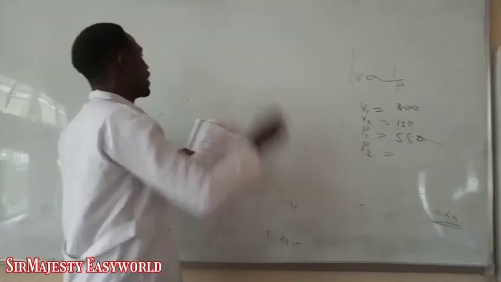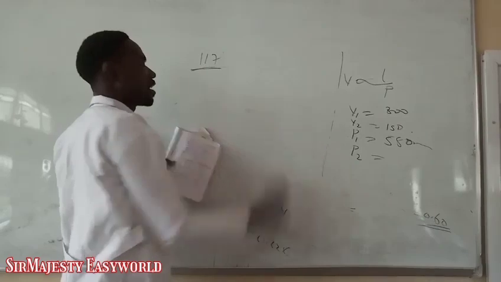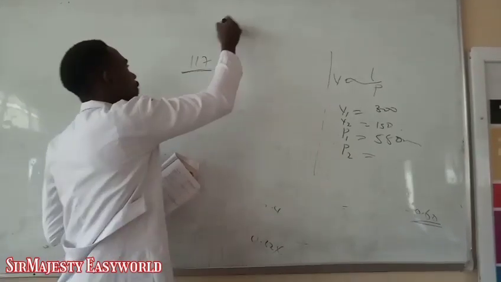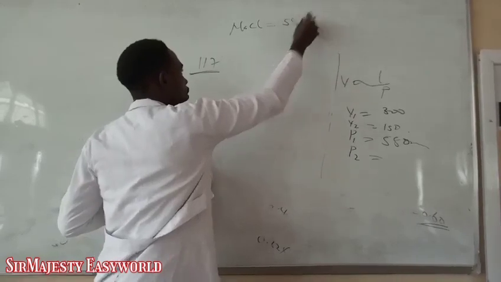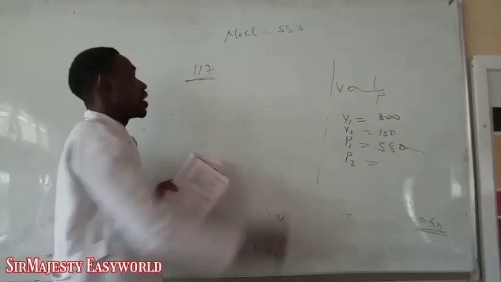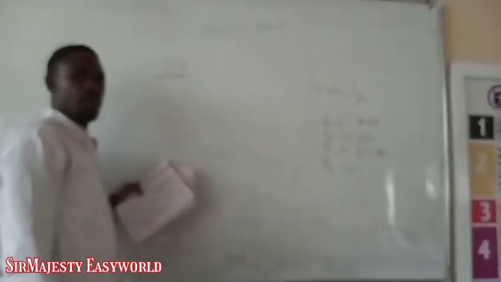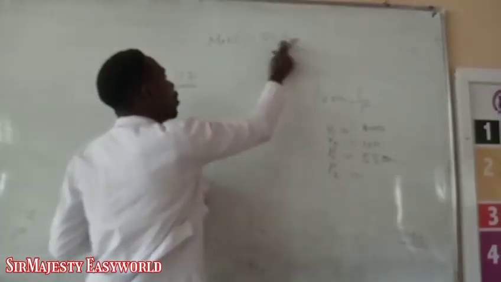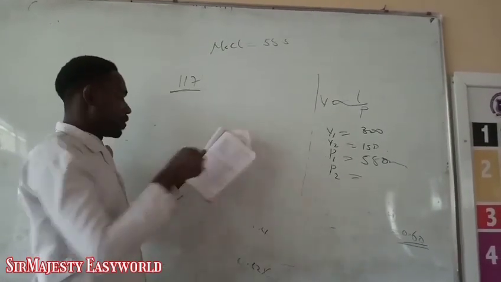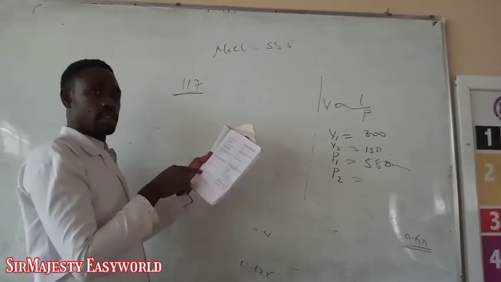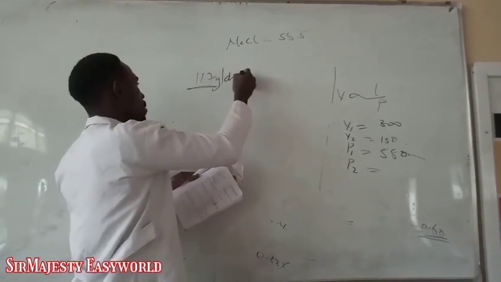Check that question well. The mass they gave us is 117. If you check this 117, it's very simple. 117, you are talking about sodium chloride. Sodium chloride, the molar mass is 58.5. You should have that in mind. And 58.5 times 2 is 117. So actually they have given us 2 moles of what? Sodium chloride. And since 117 is in 1 dm cube,